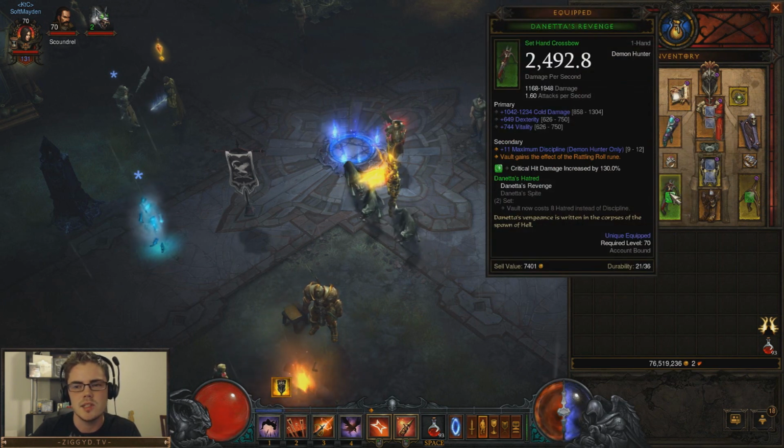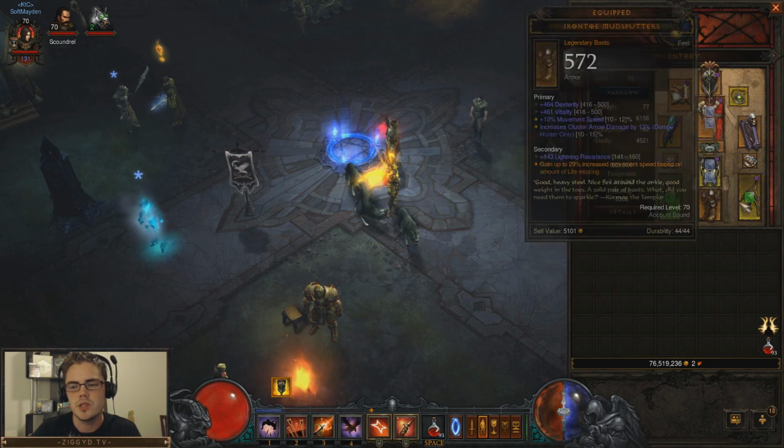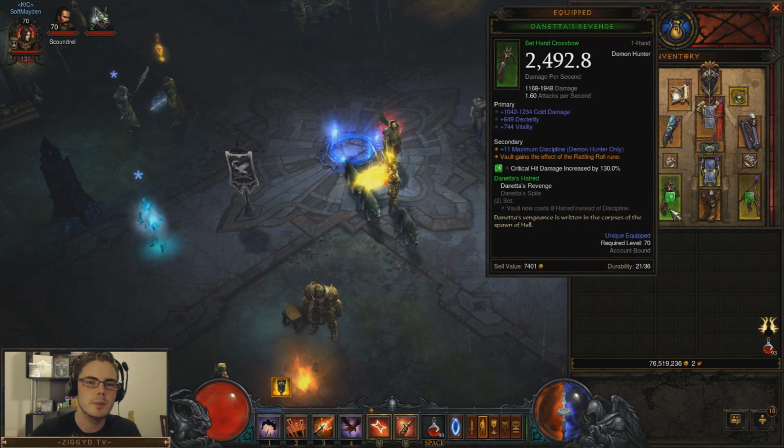You can see the main stats on the Dinettas go up to 750, whereas the rares only go up to 625. Huge difference between legendaries and rares, and this is the same across all legendaries. So the biggest thing to really propel you forwards, especially in softcore, but pretty much in any case, is going